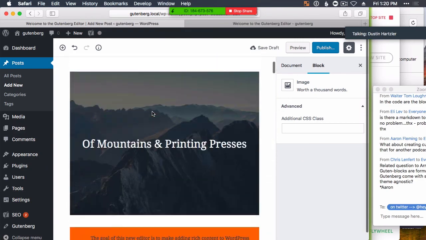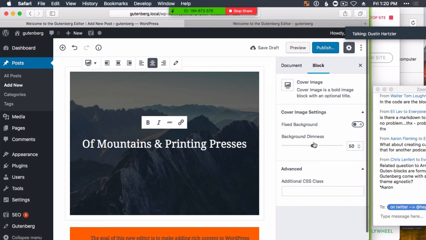One of them has the ability to go full width, or you can create a custom image. You can change this background dimness, which is pretty cool. So you can do some cool things here, but it's going to be